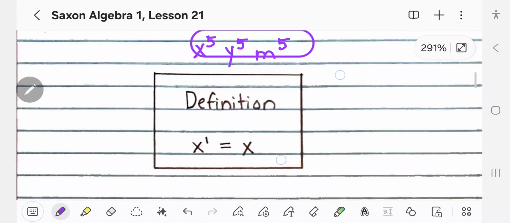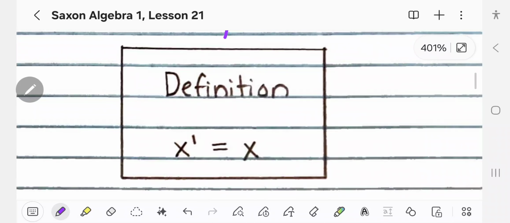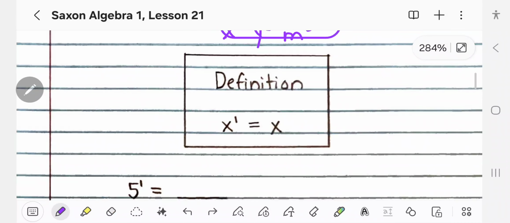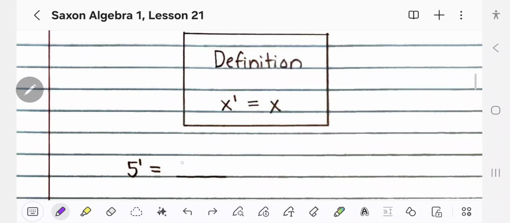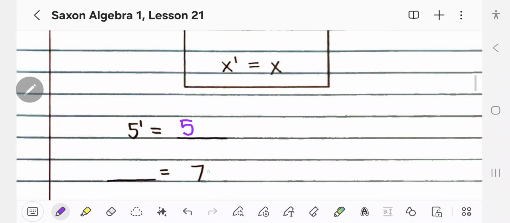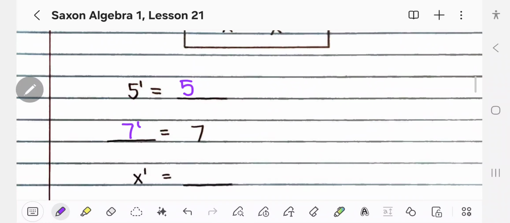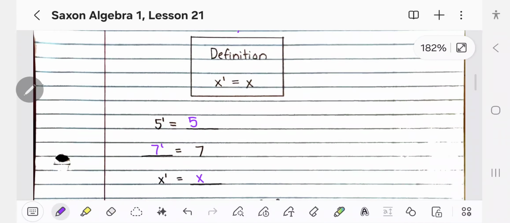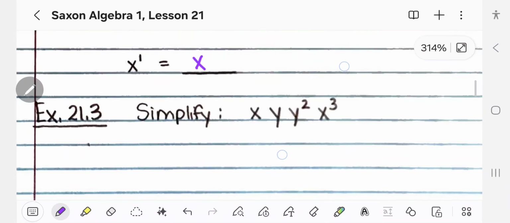Now, here's a definition that we're going to need, and it's a short one. X to the first is just equal to x. If they don't write an exponent, it's a 1. Okay, so what is 5 to the first equal to? Just 5. What would be equal to 7? Well, that'd be a 7 to the first. And x to the first is just x. These are all some little examples of this definition that you're going to need to remember because of this example